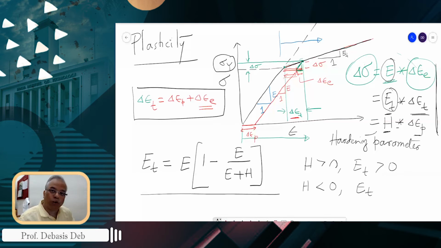If H is less than 0, what happened to ET? This one will become more than 1, so this will be less than 0. And if H is equal to 0, then ET is 0. So the ET is directly related to that hardening parameter. Now, in other words, this is basically